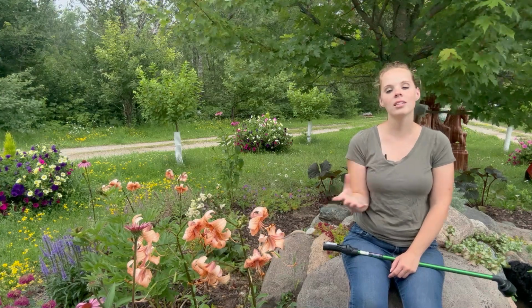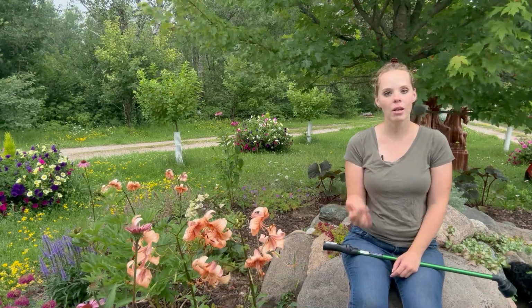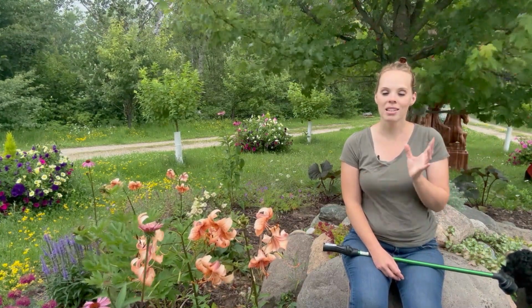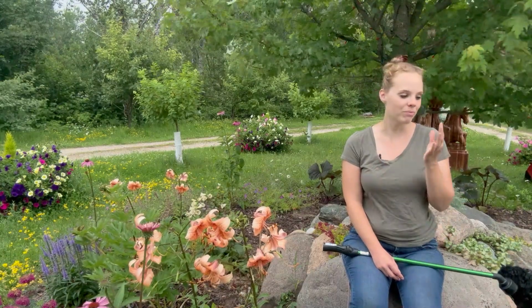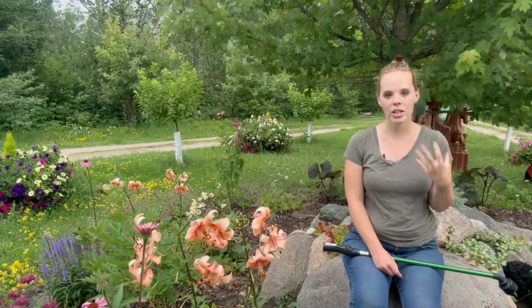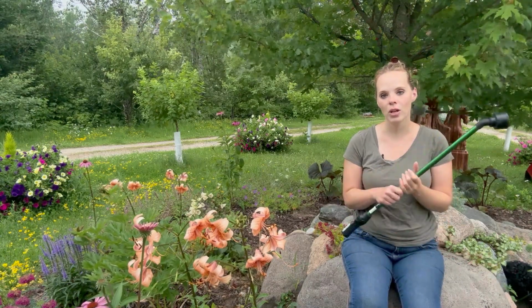A lot of my more established plants I don't necessarily hit, but I have a lot of new flower beds that I put in last year and a lot of new plantings this year where I feel like I need to water those every day. It's been a lot. So for the perennials and trees and shrubs, I just use straight water like this,